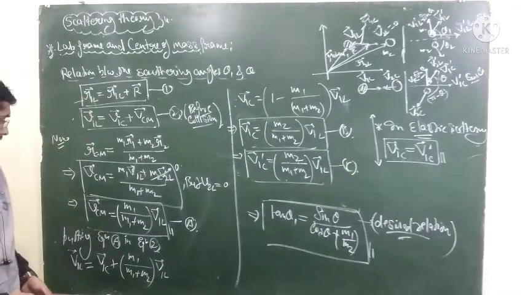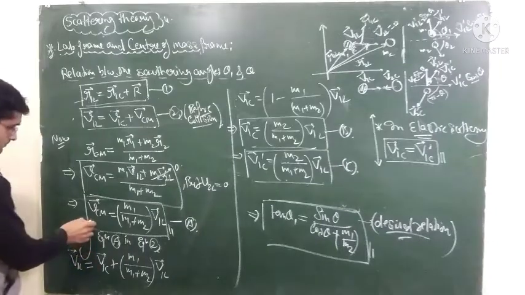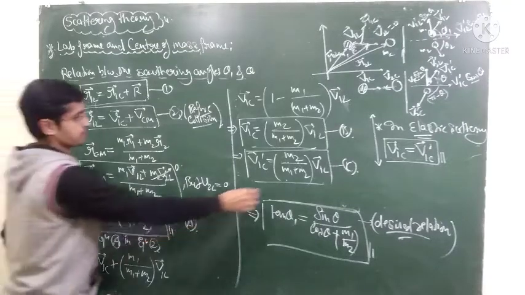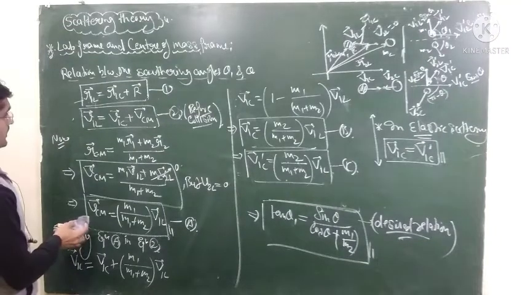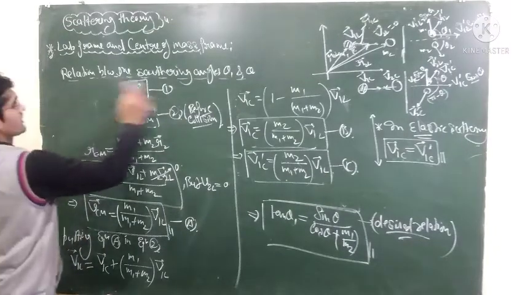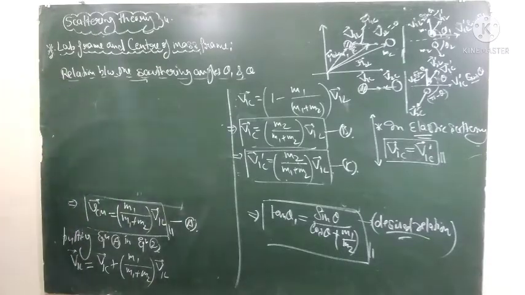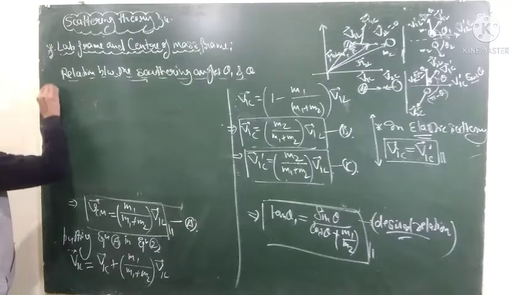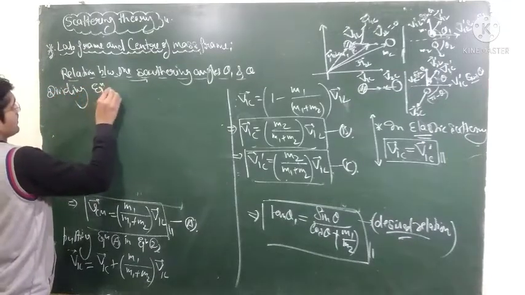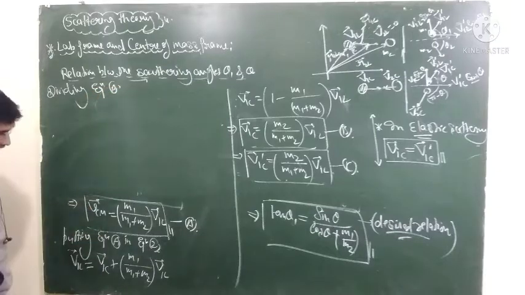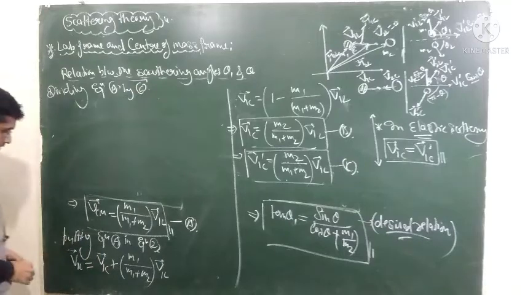Now what you have to do is just divide equation number A by equation number C. So dividing equation number A by equation number C, it will be